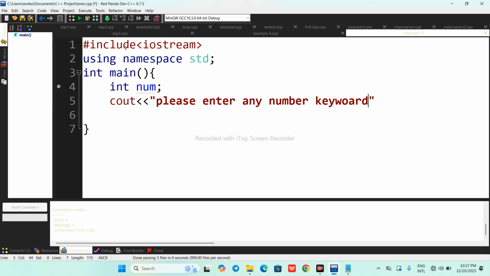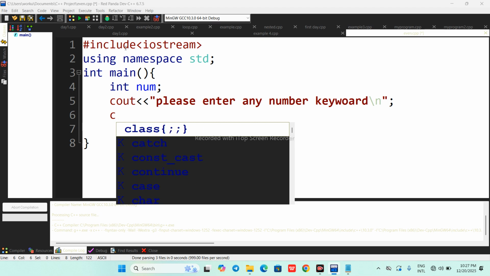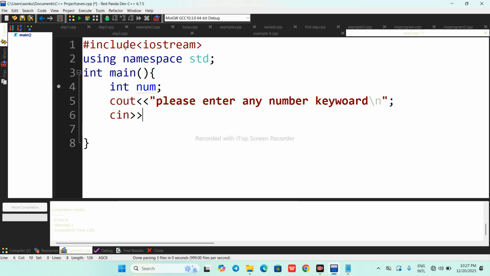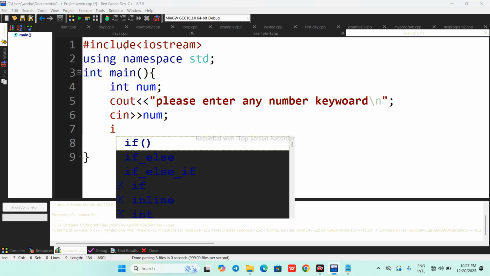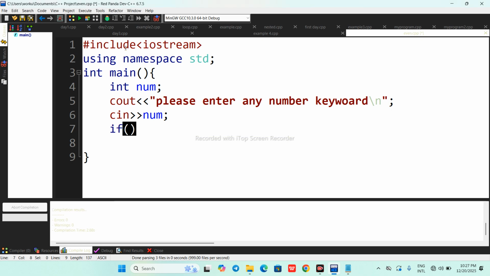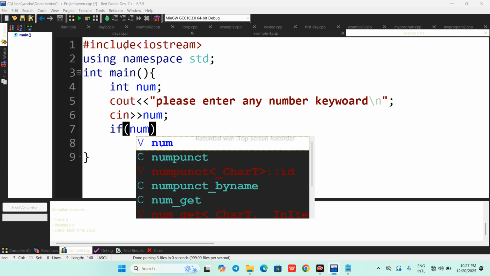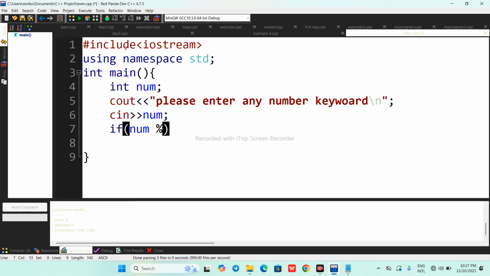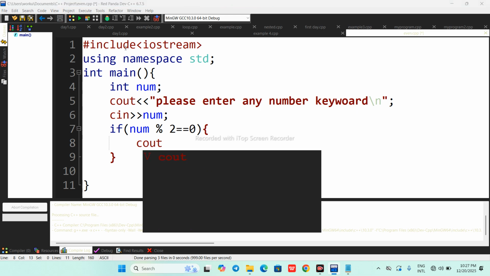Let's add a new line. We can use this \n or we can use endl, no matter. So this line will read the value of num from the keyboard. Here we can check whether it is even or odd. If the entered number from the keyboard, that is num, modulo 2 has a remainder equal to 0, then simply we can say cout